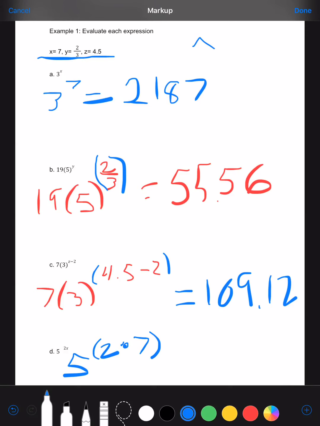We get a very large number for this one. Let's see if I can even write it all in the space I have left. Perfect. So that would be our answer for part D. Okay, so